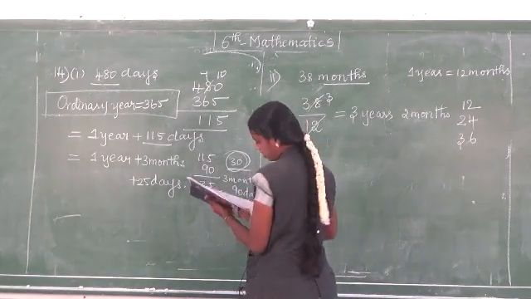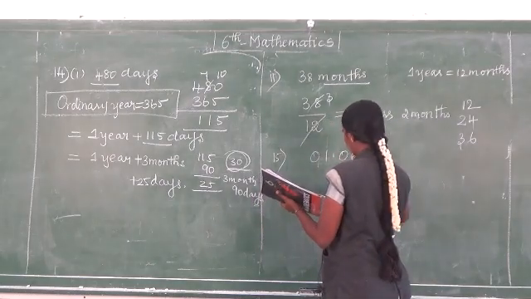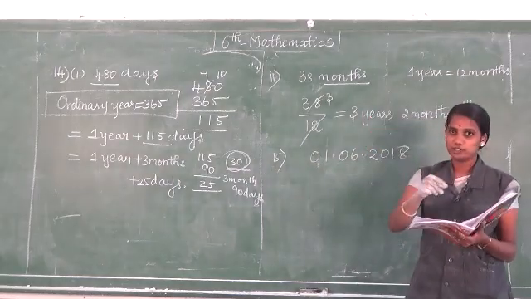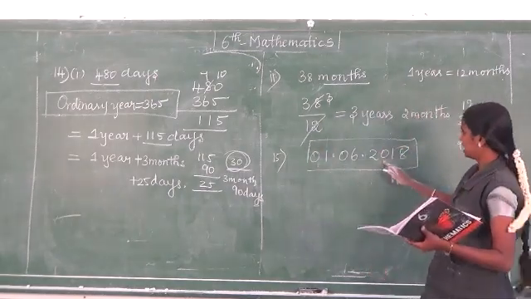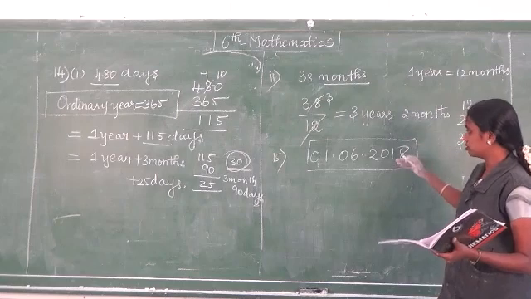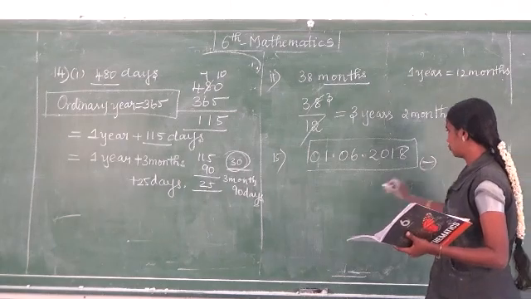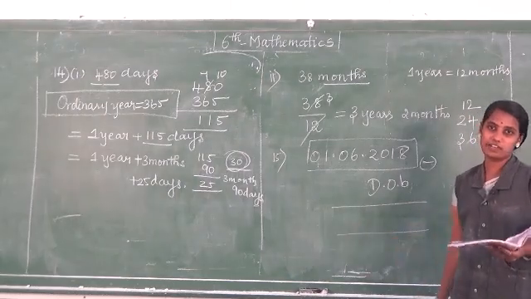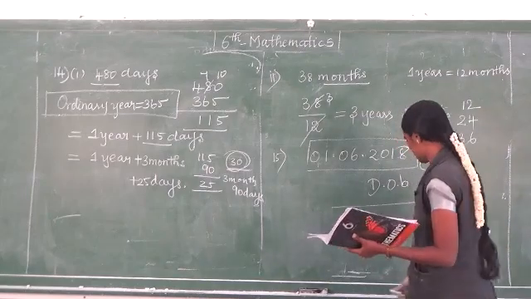Next, question number 15. Calculate your age as on 1st June 2018. This is your homework. Your date of birth you subtract from this year. Your date of birth will be less than 2018, yes or no? It may be 2006 or 2005. From 2018 you subtract your date of birth, and you will get the answer. The answer may vary. Just for the calculation, we find out how many months and how many days we can get from this.